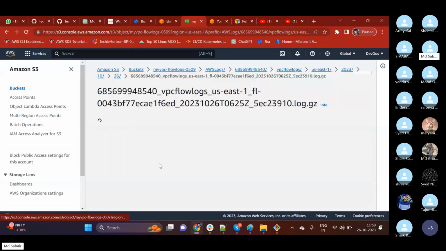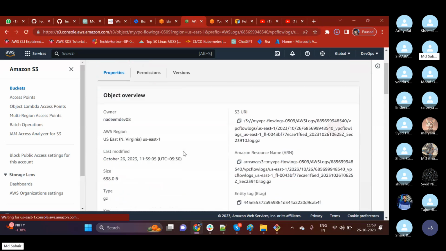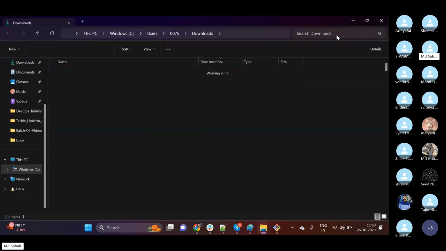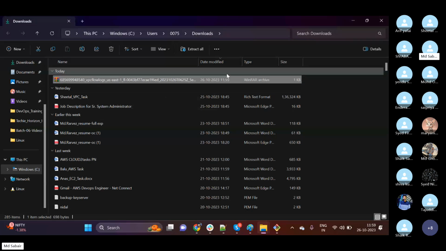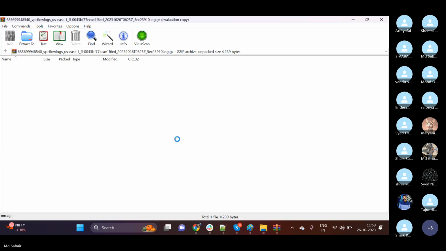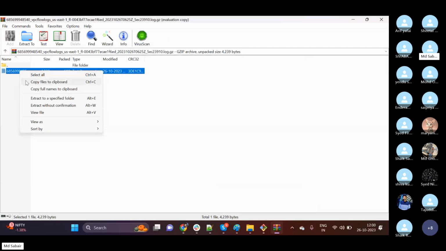So if I click on this file, then here we have different options like download or open. So let me download this to my local machine. So download. So this file has been downloaded. If I open this file, okay, so this is the file which has been saved in my S3. If I double click this file, it will be opening. Okay, and then we have one text file. So if I open